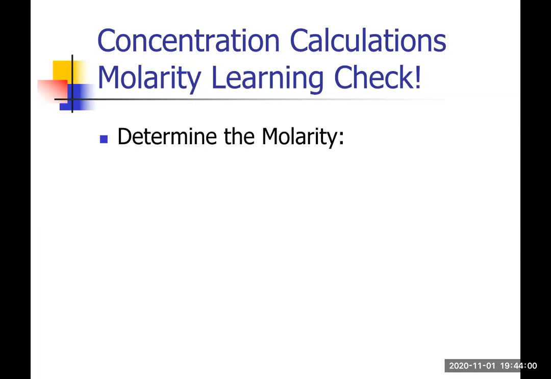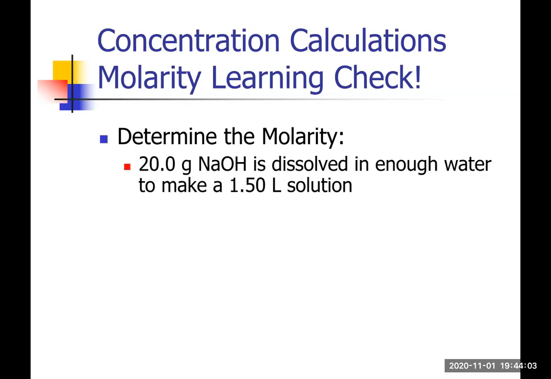Let's look at another problem for molarity. We have 20.0 grams of sodium hydroxide dissolved in enough water to make 1.50 liters of solution. So the hardest part sometimes is solving these problems, just making sure you know what you have. So if I have 20.0 grams of my solute, sodium hydroxide, and I want to make 1.50 liters of solution. And I know that molarity equals moles of solute